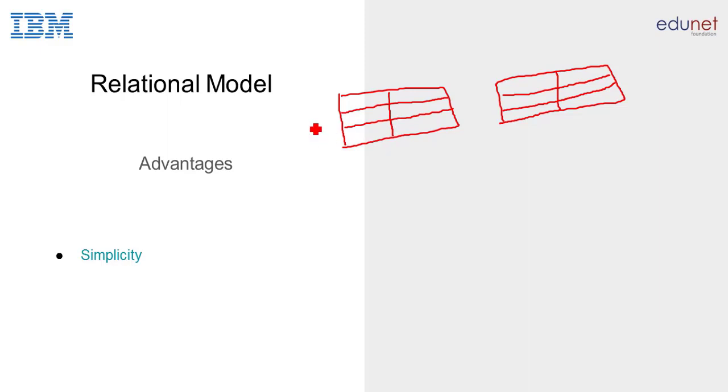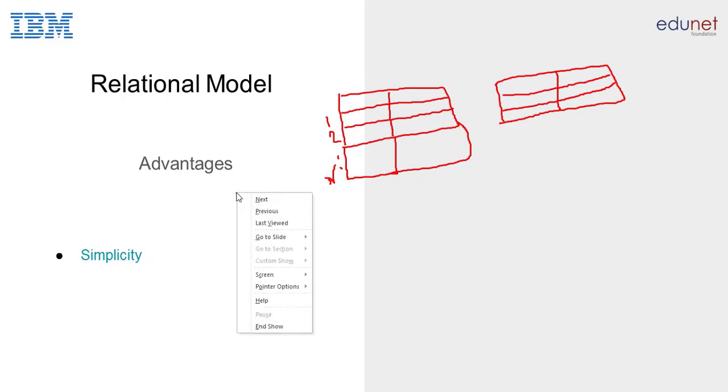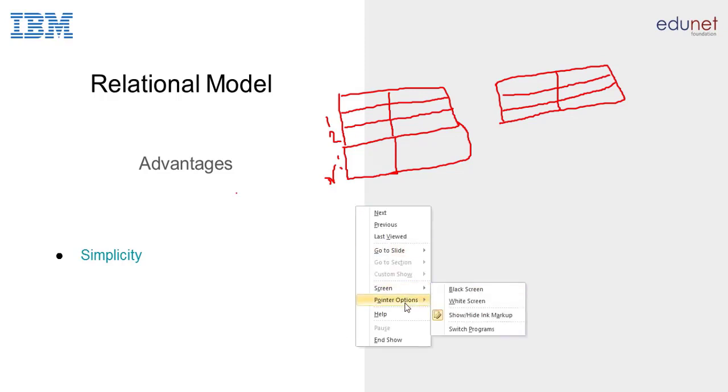For example, record 1 up to whatever it may be, you can create n records inside the table and you can access these records in an easy way as per your key constraints. That's called simplicity. Now the second point is